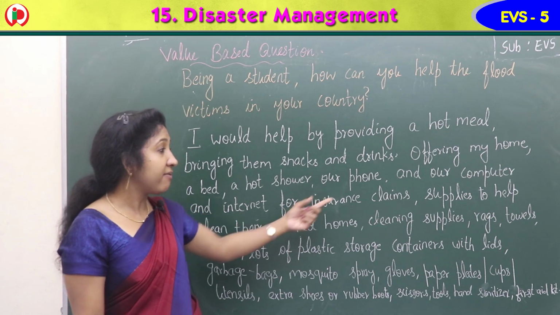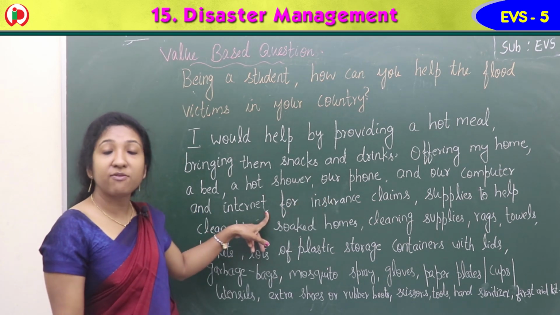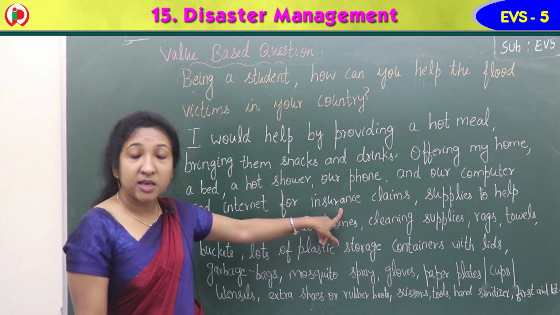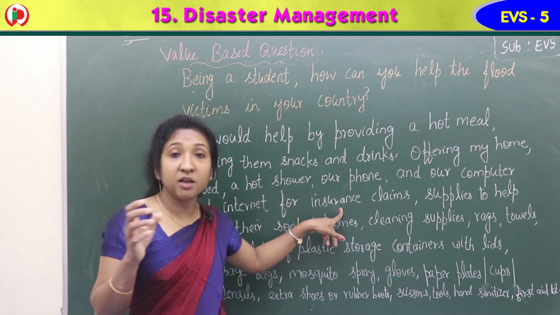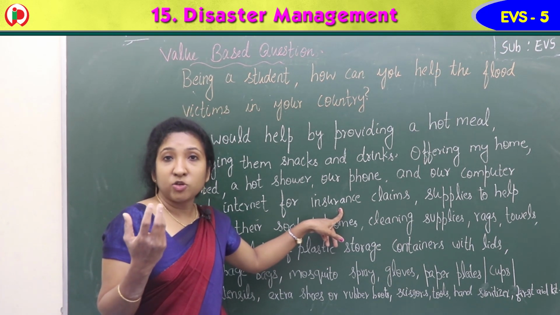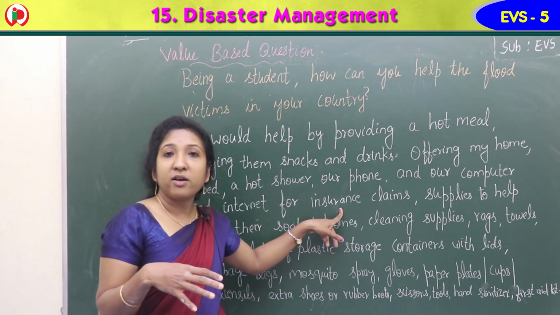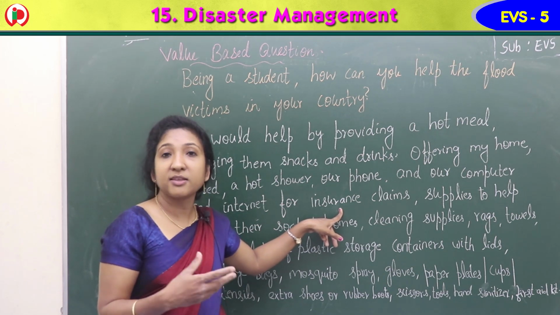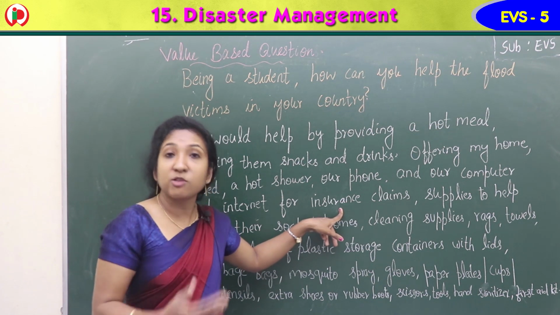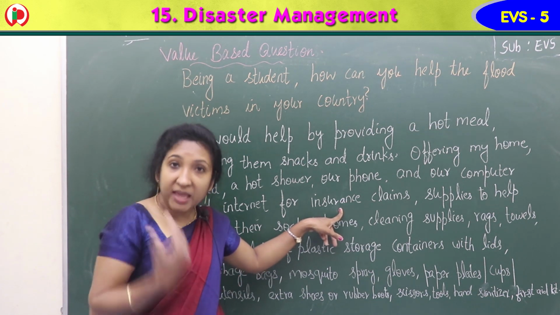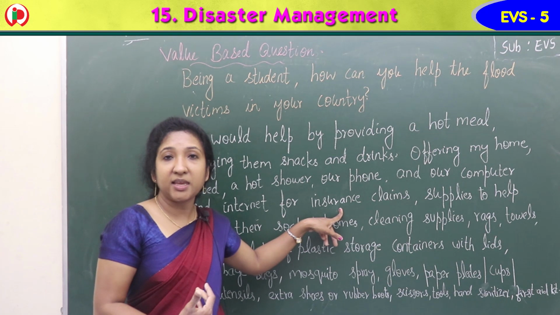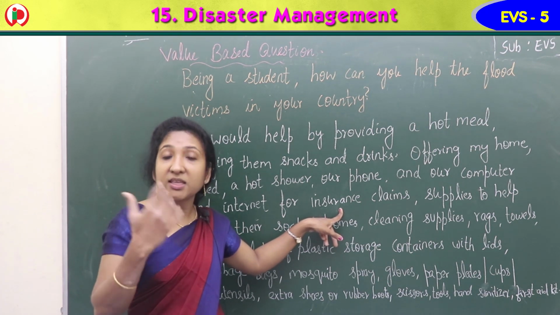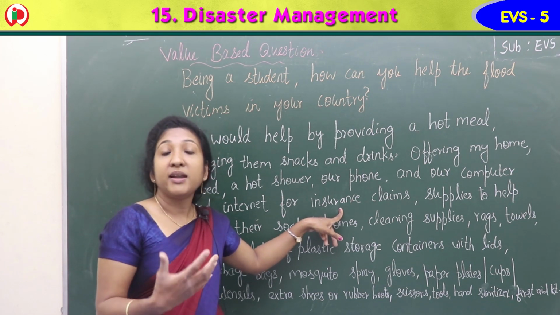Our phone and our computer and internet. Why are you giving your phone, computer or internet to them? For insurance claims. Insurance claims means the people whose house or property got damaged because of floods, cyclone, etc. They can request the insurance company to pay the money. They can receive that money, and if they give a request, they get the money for repairing the damage